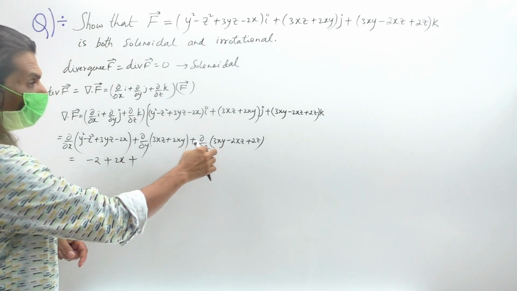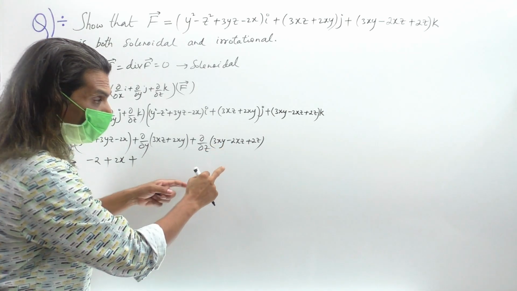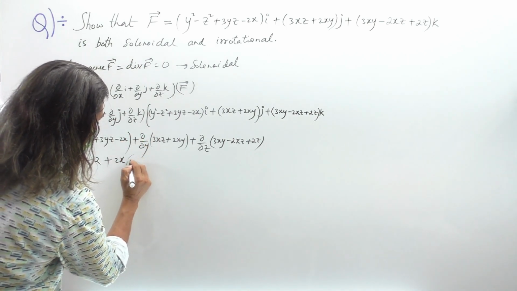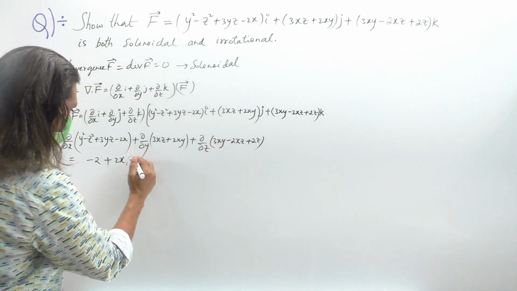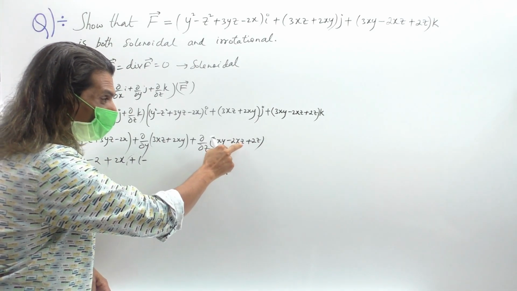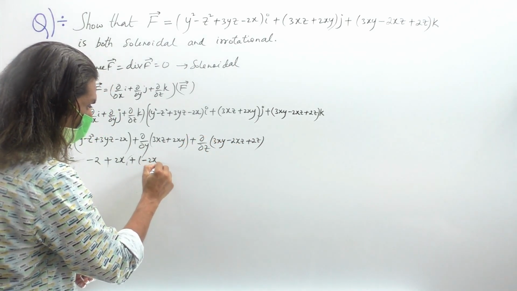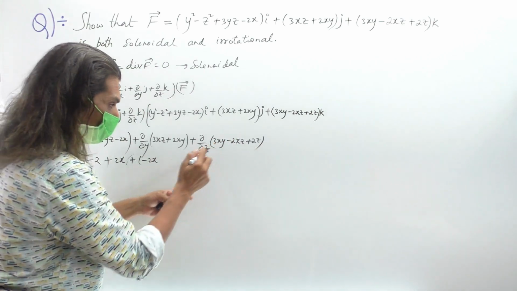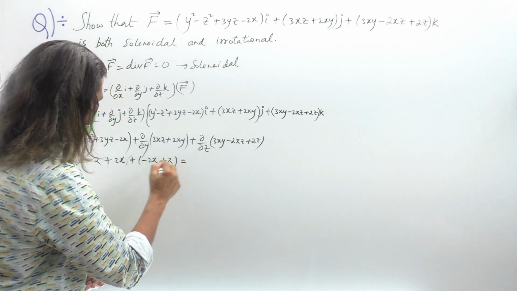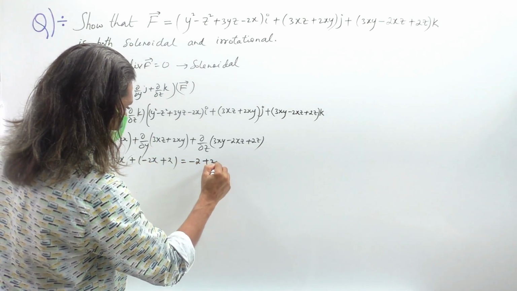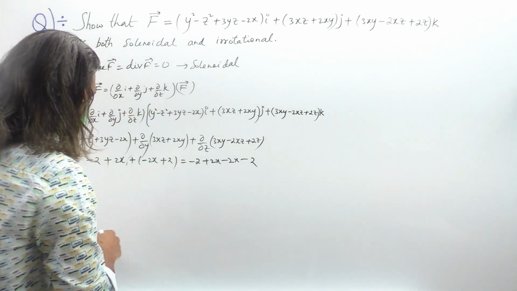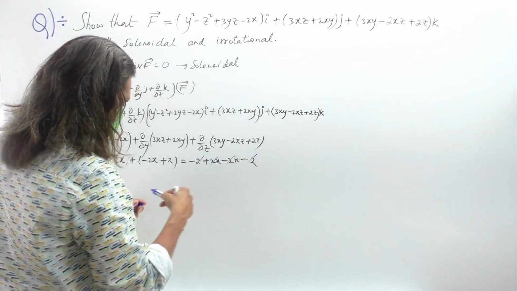Again lastly, ∂/∂z. See, 3xy has no z, so it is 0. Minus the differentiation of 2xz with respect to z, which is 2x. And lastly plus 2z, whose derivative with respect to z is 2. So this will now be minus 2x plus 2x plus 2, minus 2... here if you see, everything cancels. So the answer is nothing but